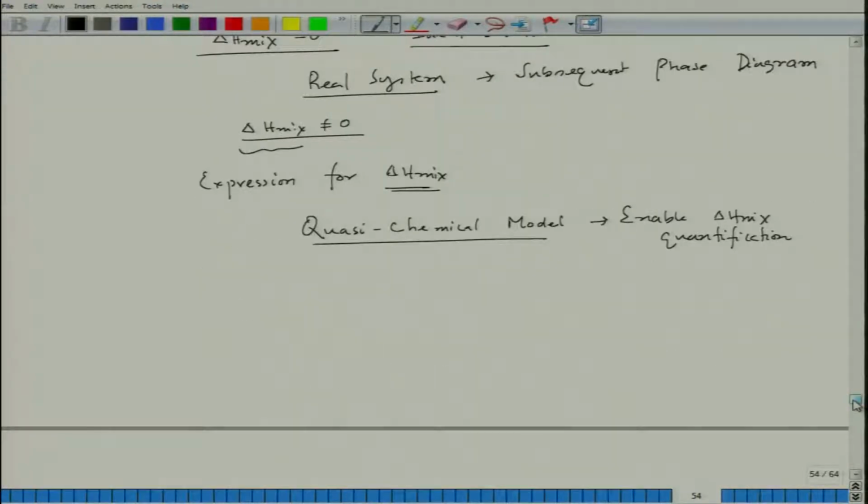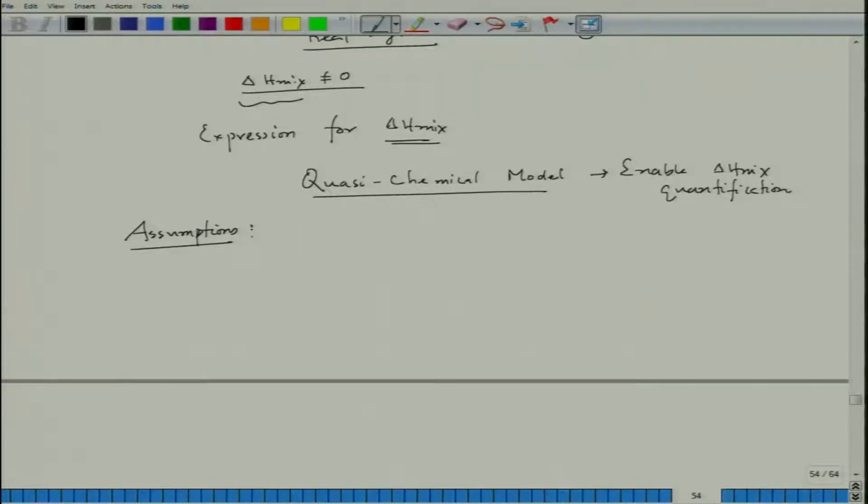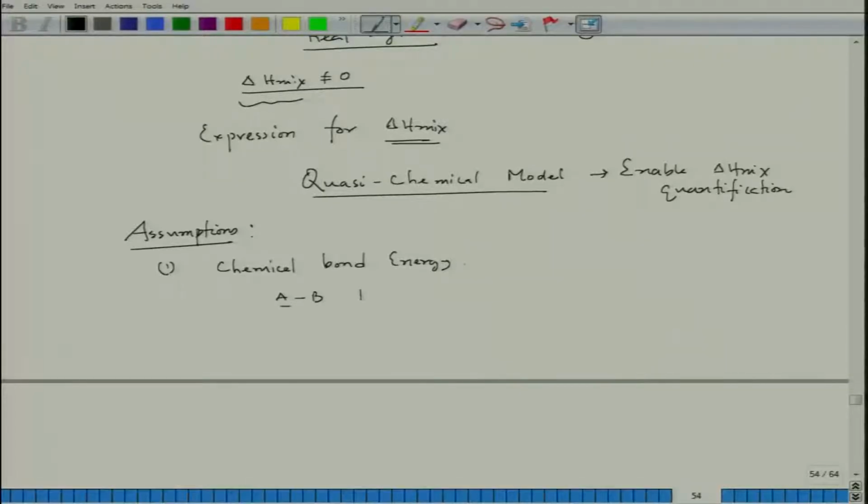So, when we start with this quasi-chemical model, it is based on some basic assumptions. The first assumption is that we will only consider the chemical bond energy. Now, whenever we have any solution, whether it is a solid solution, solid alloy or a liquid alloy, there will be interactions between the atoms. For example, if we consider an A and B binary system,